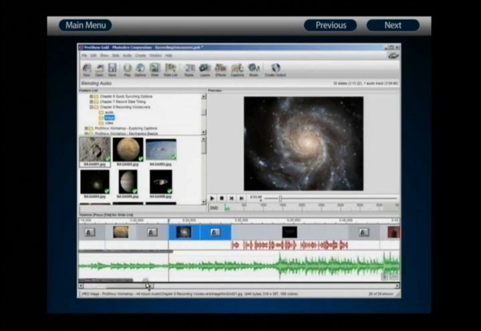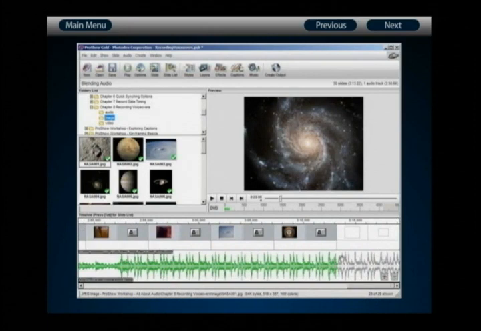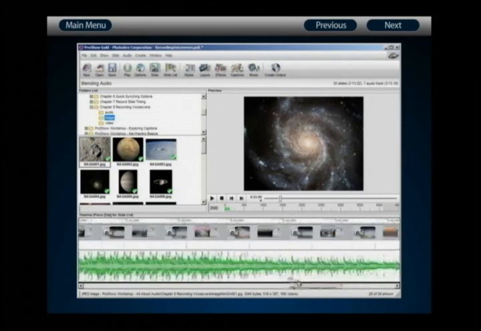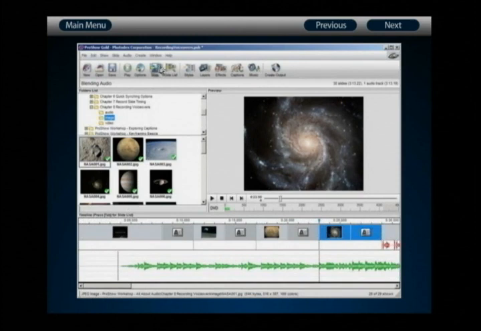Now, while I'm on this topic, I'm going to move to the end of my show. And here, I want to right-click and select Stop Track here, just to bring the track to an end at the conclusion of my show. And then hold down Control and add a fade out to the audio, so that it has a nice complete effect at the conclusion. Now, with those adjustments made, I'm going to go back into my normal slide list view,